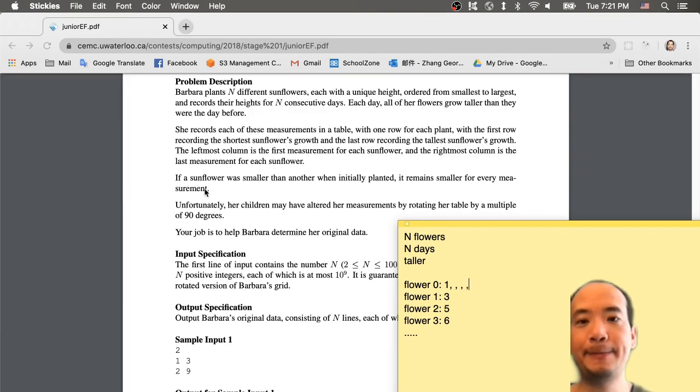So it means the flower is smaller than another one. When it's initially planted, it remains smaller for every measurement. What it means is, for example, if it grows 2, then 3 and 4. Because we have 4 flowers, it should have 1, 2, 3, 4. So this one probably is growing like